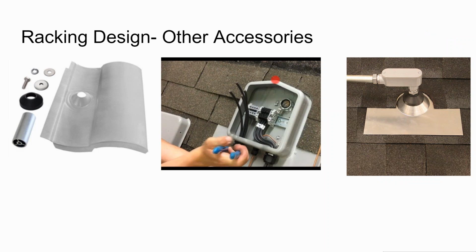So this is a specialty junction box, and you can see the flashing is built into it. Now, solar's not the only thing that pokes a hole in the roof. You don't need to be concerned about the holes that solar puts in the roof if it's done in a workmanlike manner.